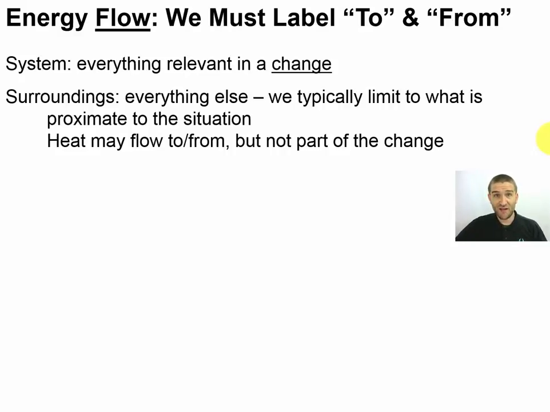So notice, even in a chemical scale system, we're going to start having bigger and bigger surroundings depending on how we set things up. What we need to do is find a way to limit how far out that goes. And we'll see in other videos that typically what we'll do is make some sort of a barrier where the heat doesn't quickly cross it going to the outside world. Styrofoam and other insulators like that.